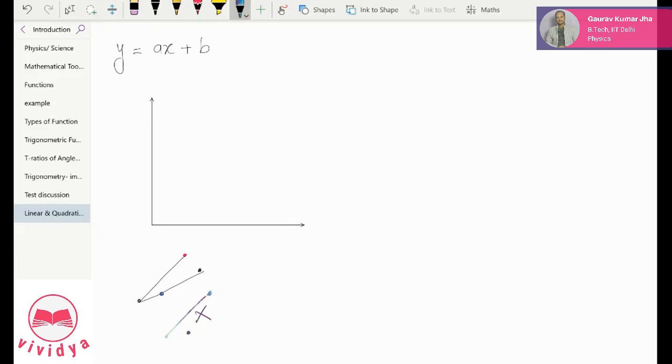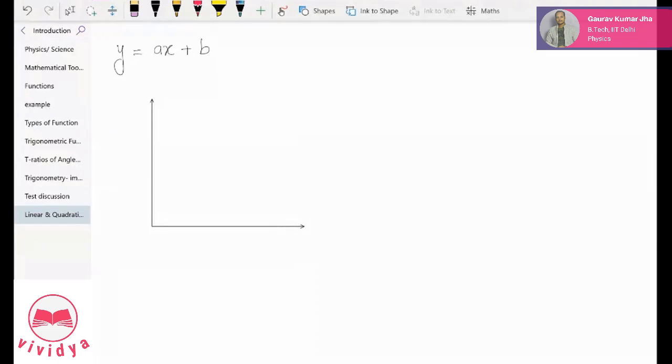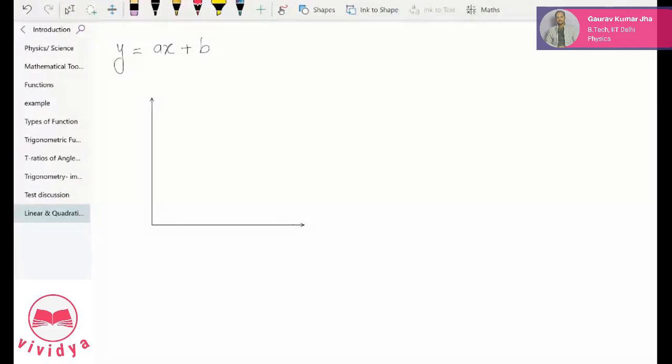Okay, so if you draw all of them correct, then your third point will be on the straight line. That's what you were doing in your boards, right? The third point is only to check whether we have drawn the correct straight line or not. But now onwards, you will only use 2 points. Technically speaking, 2 points is enough to draw a straight line. So you need 2 points.